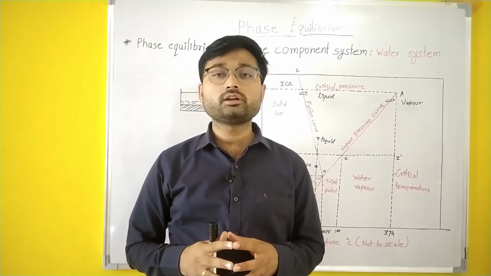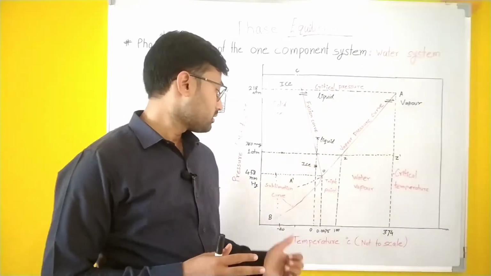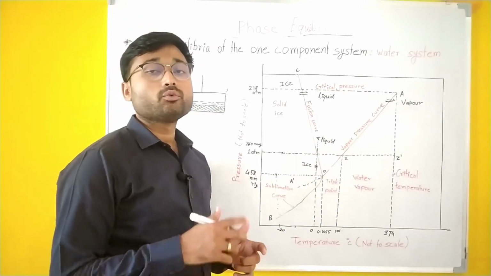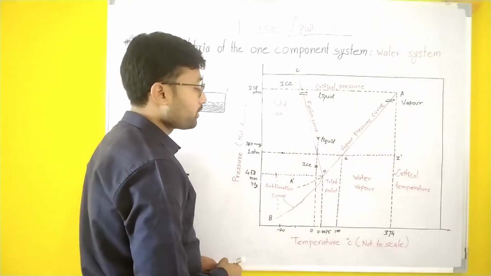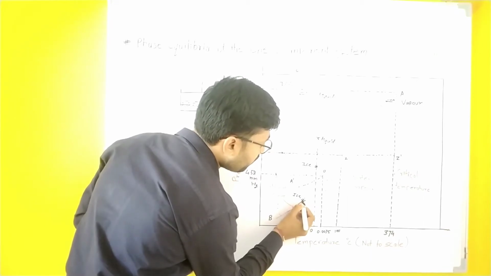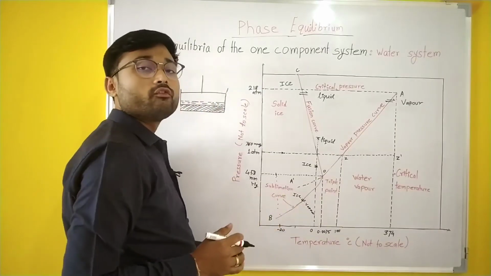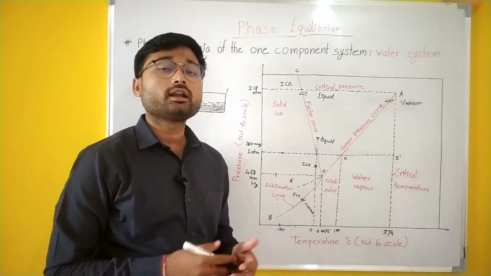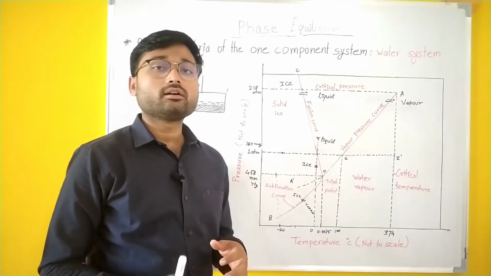Now we are going to learn about the curve OB. This curve is indicated as the sublimation curve. On this curve you have equilibrium between ice as well as vapor. Both will be present on this curve, so that is in equilibrium. Now we are going to take another condition, that is below 4.58